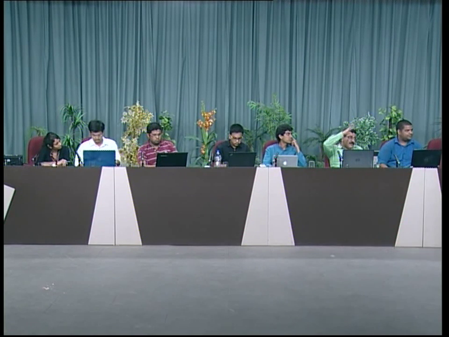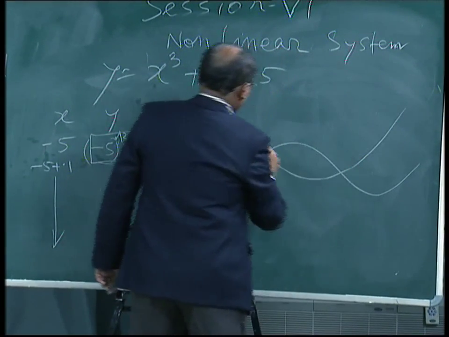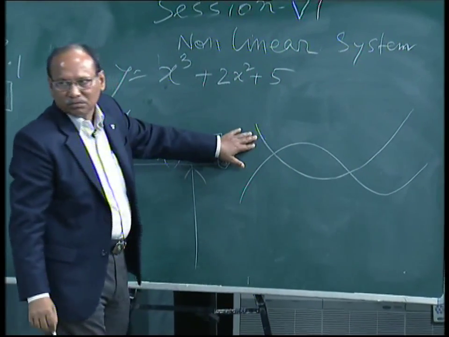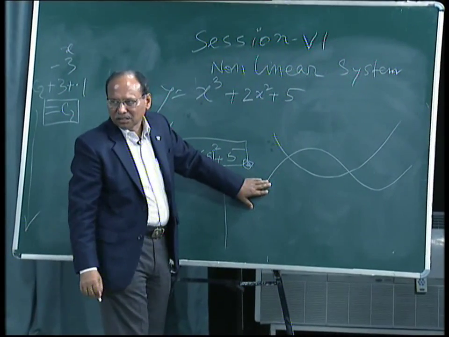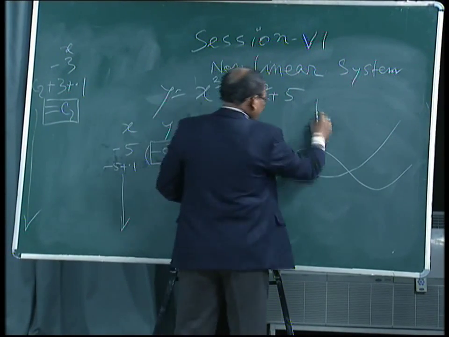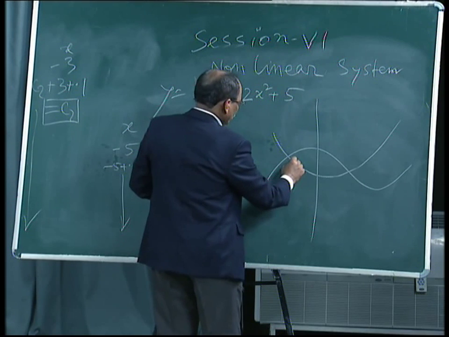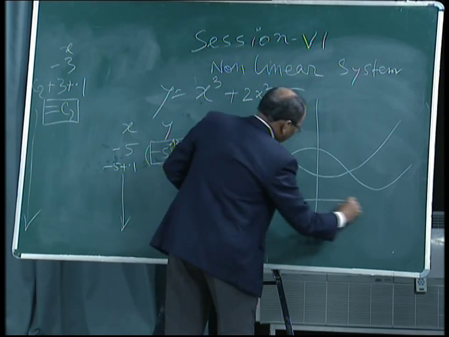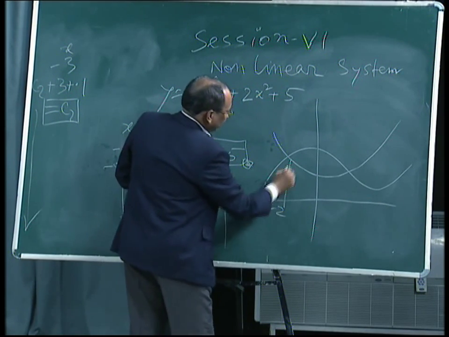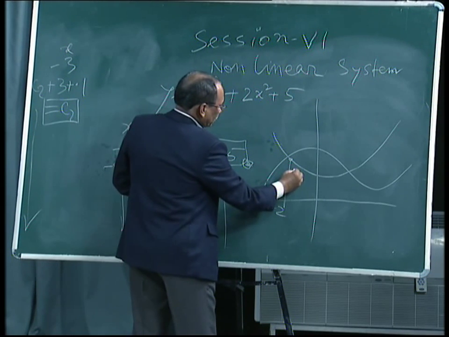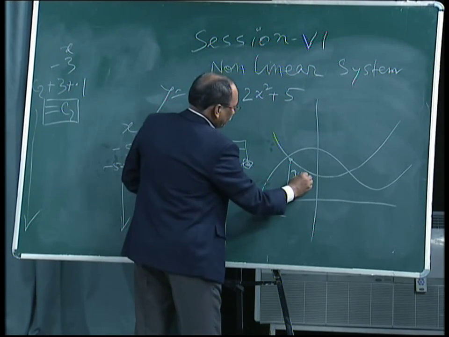That means what I have plotted is actually the derivative of this function. At minus 2, you are telling it is how much? 4.41. What does